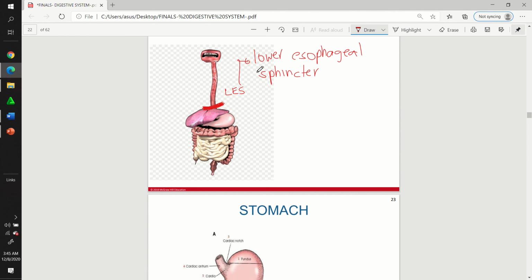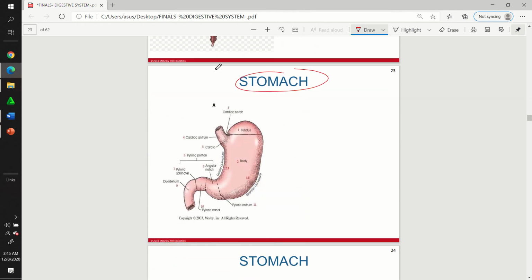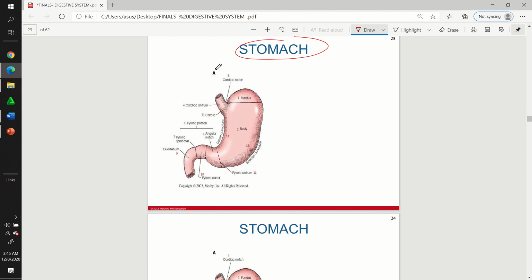Okay, so digestion begins in the mouth, and then the pharynx will propel the food into the esophagus. And then after your esophagus, class, next up, we have your stomach. Your stomach has four main regions. We have your cardia here, that actually lies near the junction of the stomach.